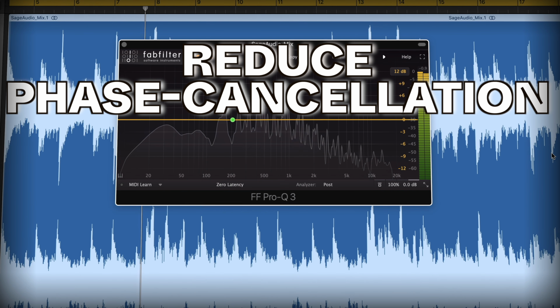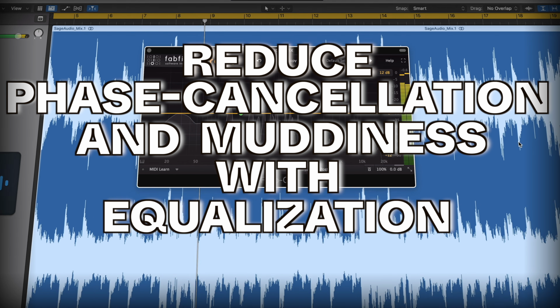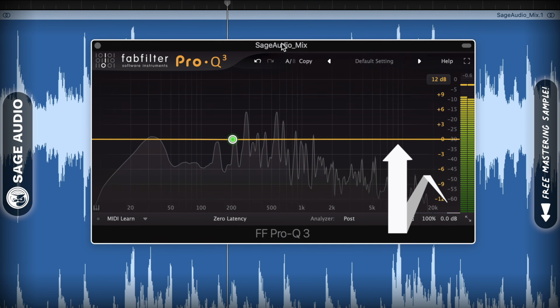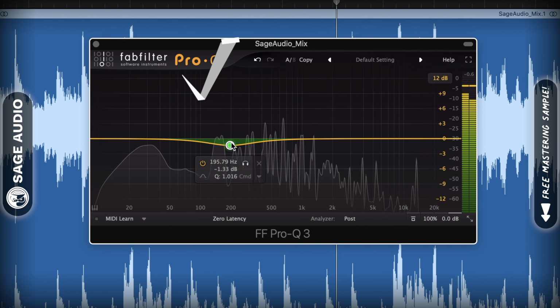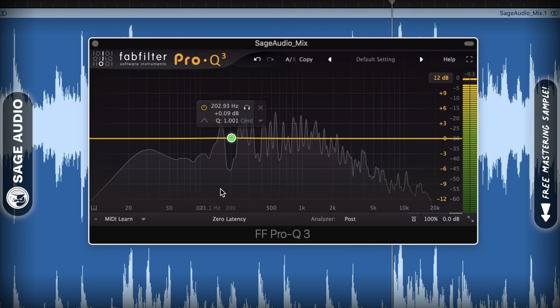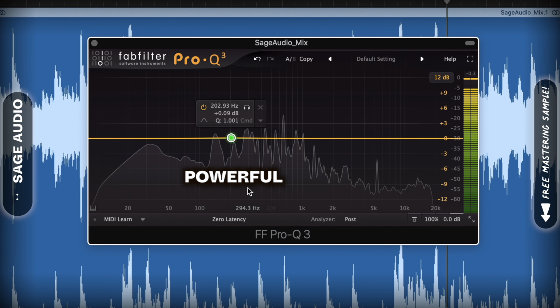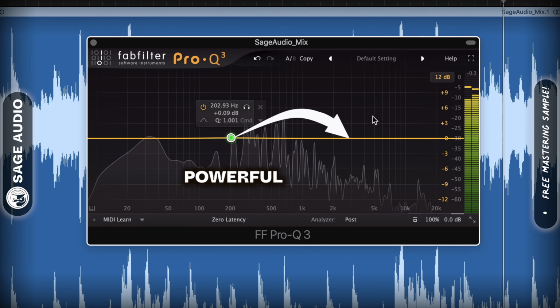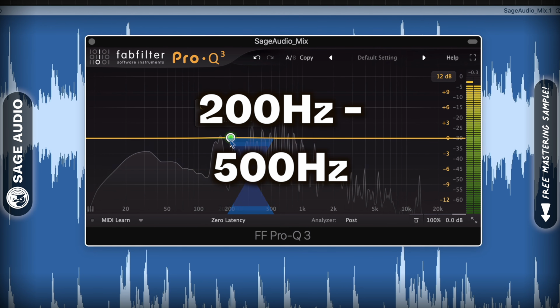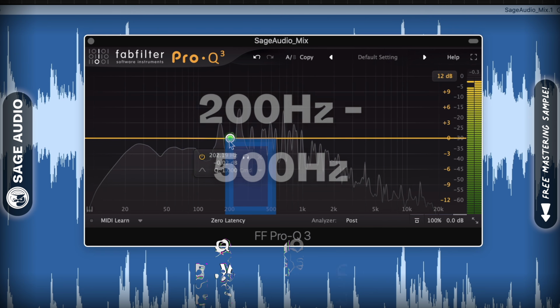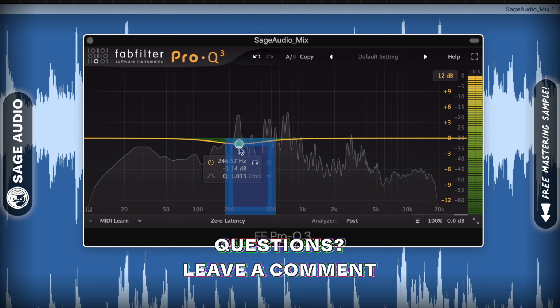Reduce phase cancellation and muddiness with equalization. Although amplifying high frequencies is often used to add clarity, you can achieve a similar effect by attenuating low frequencies. Low frequencies are often very powerful and easily mask or cover up higher ones that would otherwise provide clarity in your master. Usually 200 Hz to 500 Hz is the area which will cause a master to lack clarity and